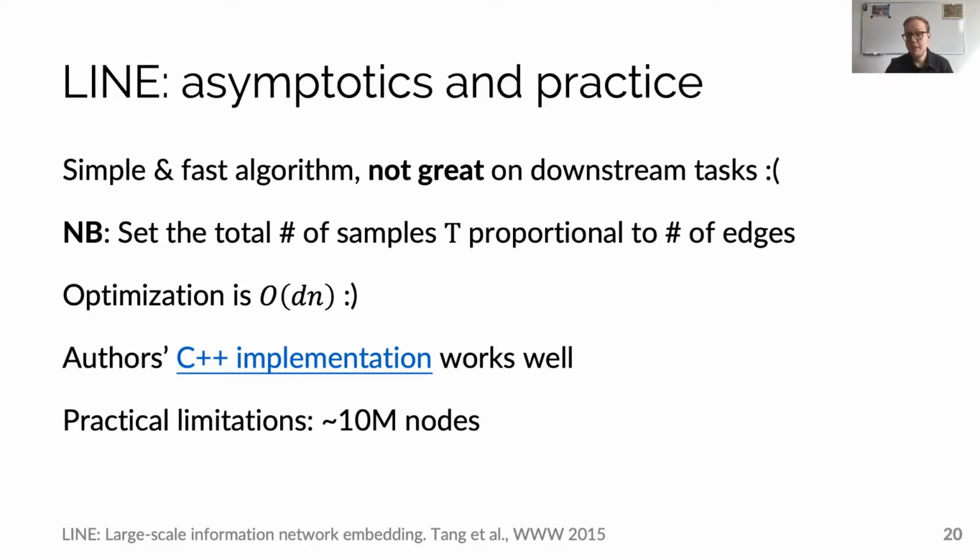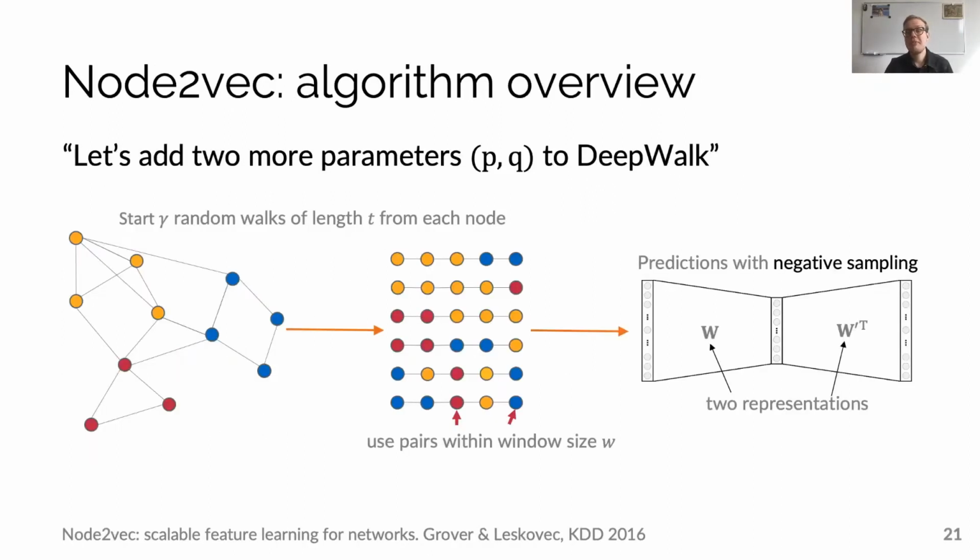And they have a marvelous C++ implementation that works really well. And the practical limitation for this method is approximately 10 million nodes, which should be enough for your pet projects and small tasks at home. Then I will talk briefly about Node2vec, which